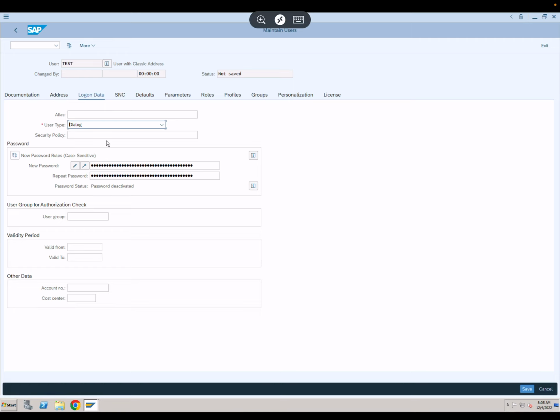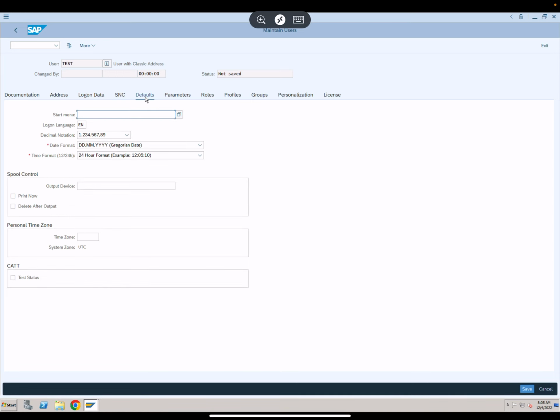Everything else is not mandatory just from SAP perspective, and also the user type, right? So I would say two things: last name, user type, and then you had the two defaults, which is date and time, right? But as we discussed, based on your implementation, you have to maintain other fields as well. But just to answer that question, you got four: last name, user type, date format, and time format. So those are the four mandatory fields in SU01 by default.